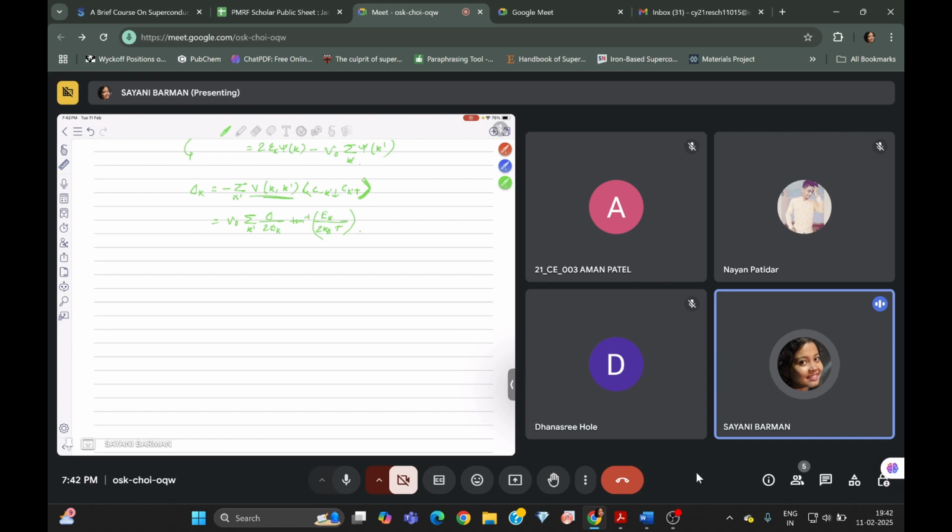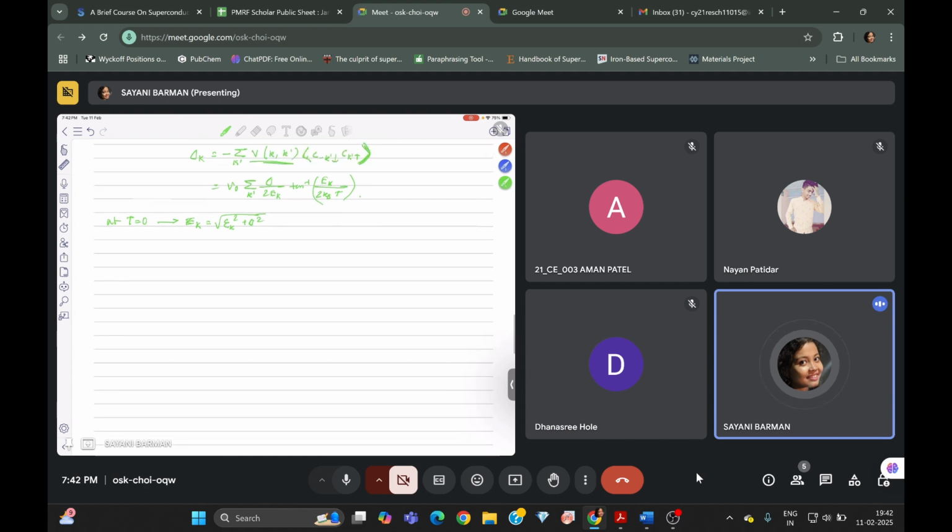And at T equals 0, we can write Ek is root over of epsilon k square plus delta square. Now we have to evaluate the sum over the states, right? Now the density of states, we write it like this. Now the gap equation. And one more thing is that the summation over this will be from zero,